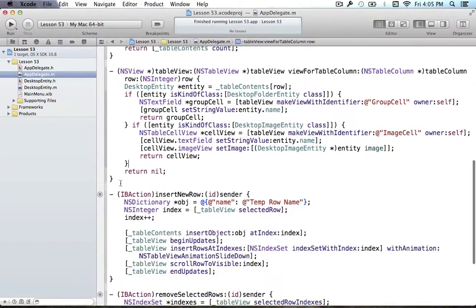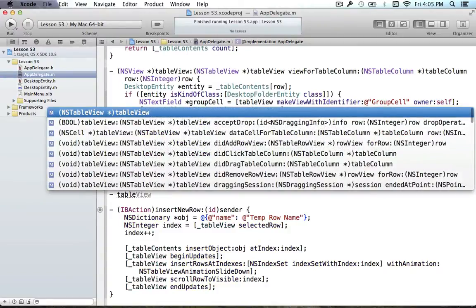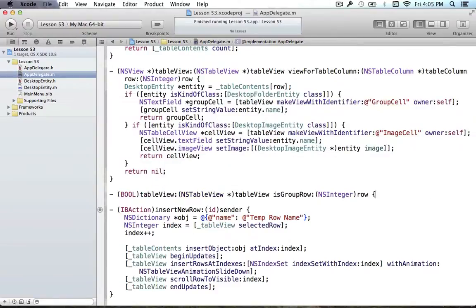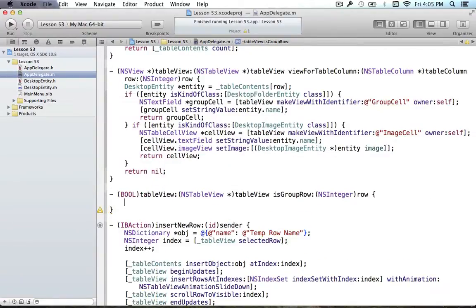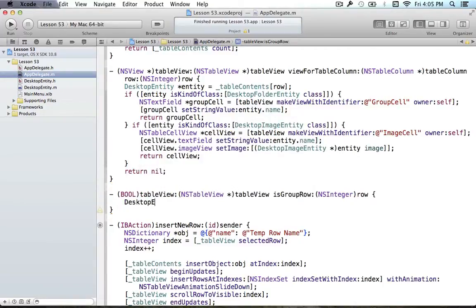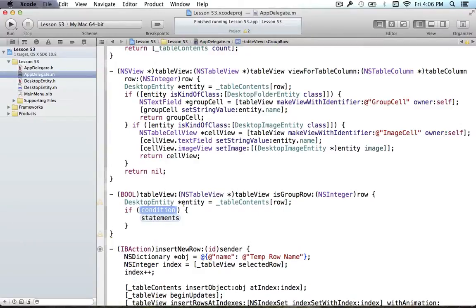Well, we can add a few methods. So the two TableView methods that we need, TableView, let's start with isGroupRow. So isGroupRow is pretty obvious. It determines whether a particular row should be a group row. So it's just your job to figure that out. So desktop entity gets table contents row. Alright, and if this particular entity is kind of class, like we've done 100 times already,